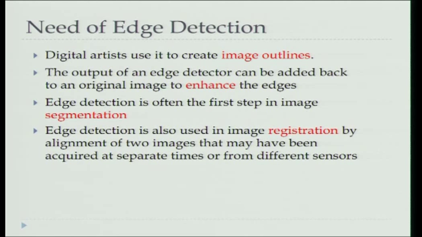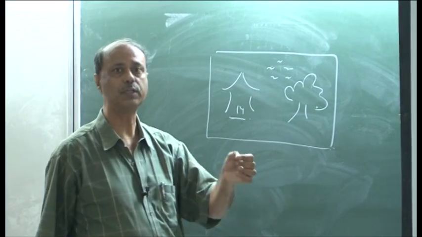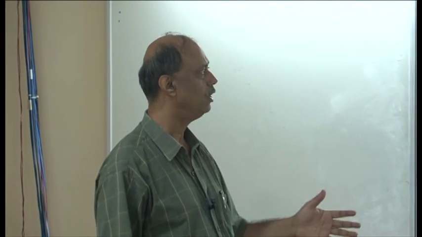Suppose I get the structural property, and I want to first enhance this image and then superimpose it on my original image, you will find that it looks better. So, the output of an edge detector can be added back to the original image to enhance the edges, right. Once I know this, I will put, say, 255 values on this, I just superimpose it. So, these edges will be shown, that the intensity value will give you 255, and so you can enhance it.